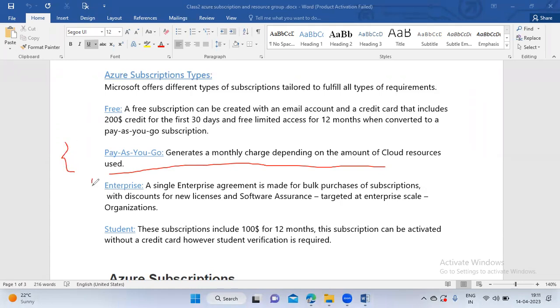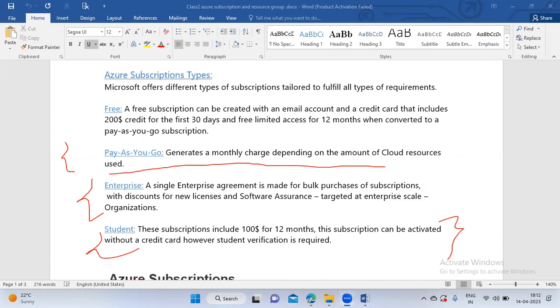Fine. And the enterprise subscription is for organizations; with it, the companies get discounts from Azure. And the student subscription is not applicable for us. It is exclusively applicable for US and UK students working in universities. Okay,